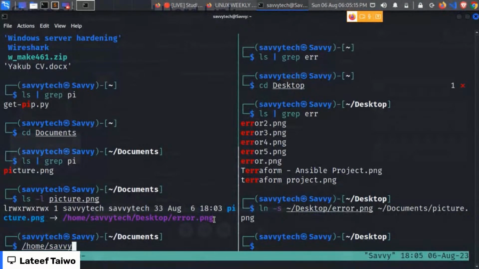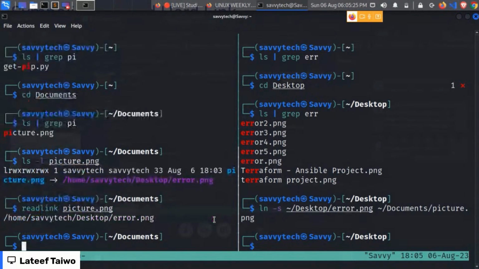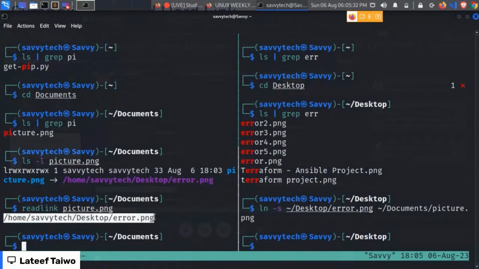So that is symbolic links for you. To know more about symbolic links, you can actually use the readlink command. readlink picture.png. It will just tell you the symbolic link to that file rather. So that is a quick